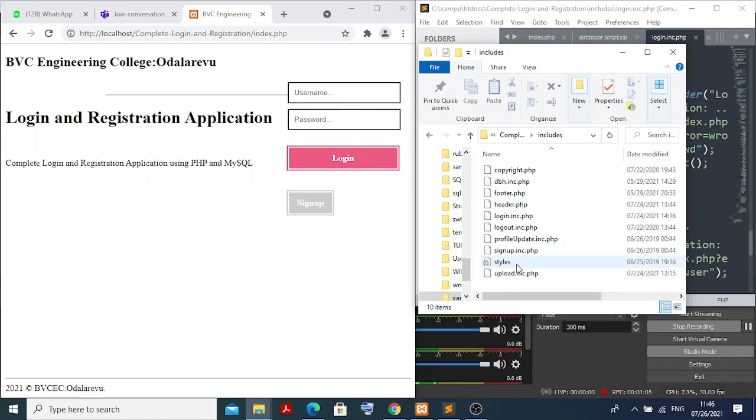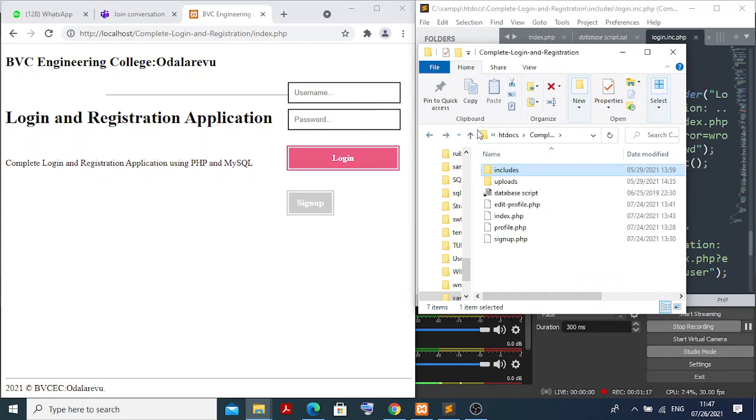And at the end we have a style sheet, style.css, because we have to render some style. So for the beautification we go for the style sheet. This is what we provided in our folder, that is includes.